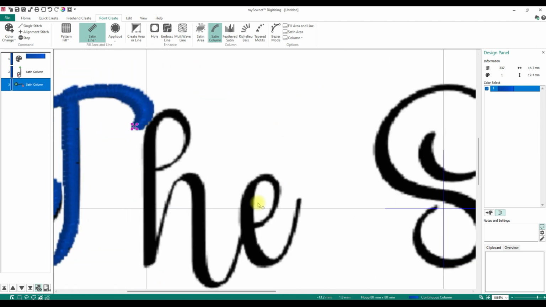All right, so now we need to do the H. So again, when you do an H, you normally kind of write it like this. However, you can't, it messes it up if you do this part right here and you don't do it in two pieces. So we're going to actually cross this part and do this first, then this. So we're going to start somewhat inside, and we're going to place our points